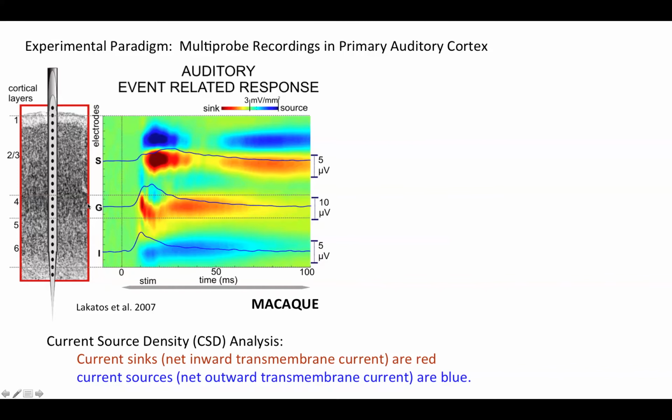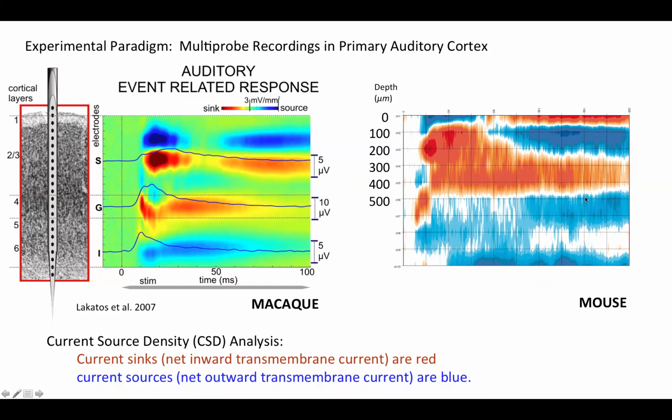And the patterns of activation that you see is that in response to sensory input, there's this pattern of activity that starts in the middle layers and then spreads up to layer 2, 3. And this is really the canonical microcircuit of cortex, that input comes into the middle layers and then goes up to layer 2, 3.